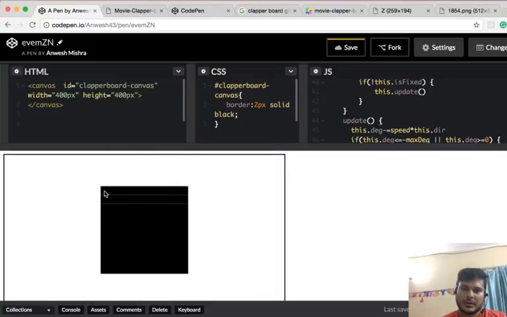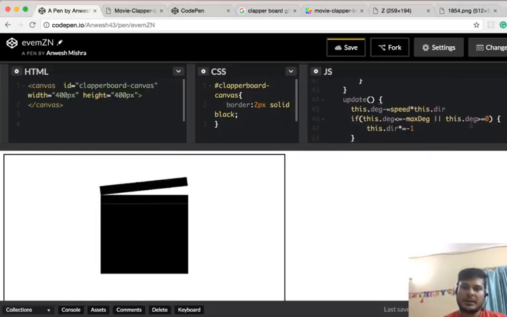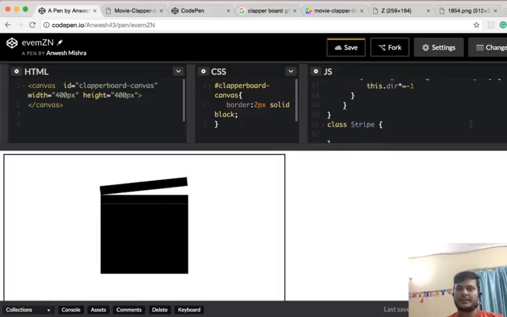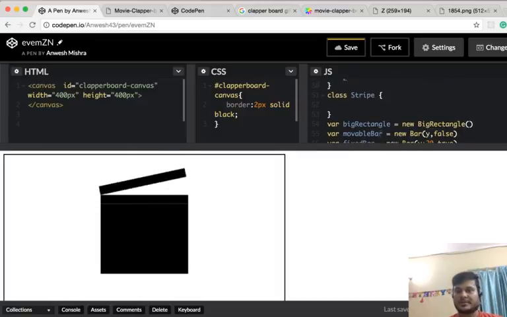Yeah, you can see the values are pretty much consistent here. So now what we need is we have to draw this stripe. Sorry, not sprite, it's stripe. So this thing must have an x coordinate